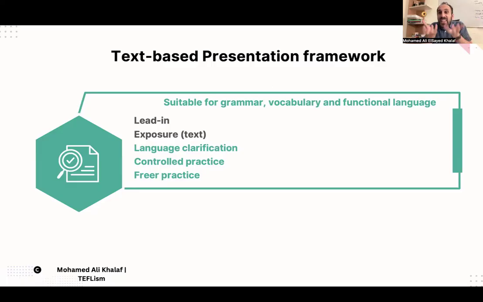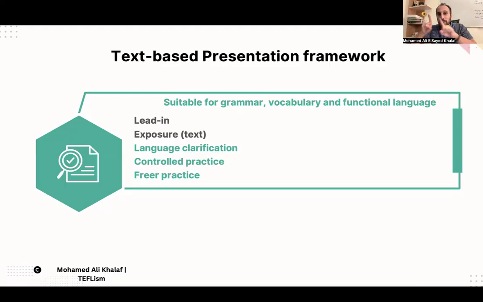The text carries the structure you're teaching or the target language, which is, for example, past simple tense. But it's going to be introduced through a text. What are the stages, or what's the most suitable framework for this lesson? We have a text and we're teaching grammar.